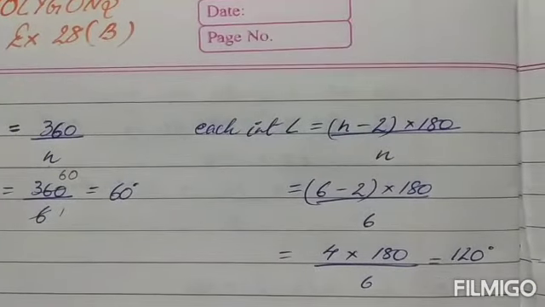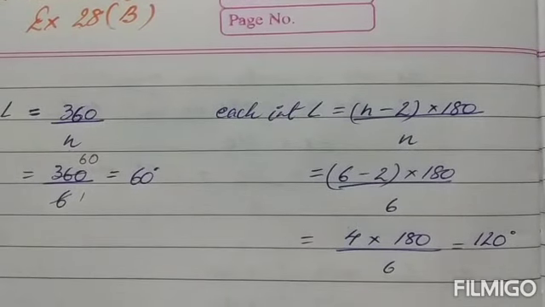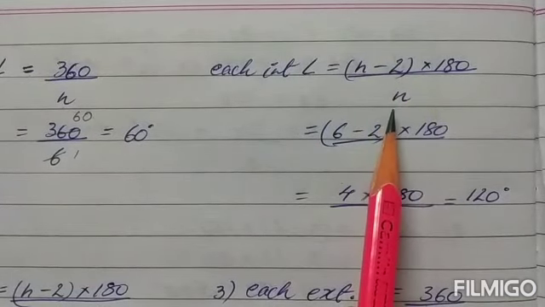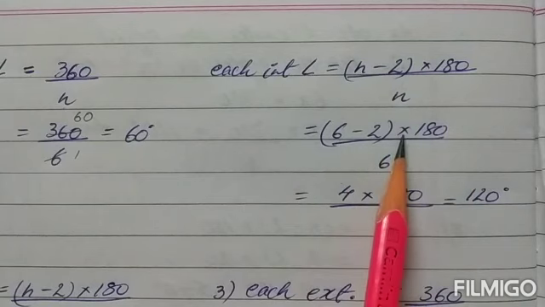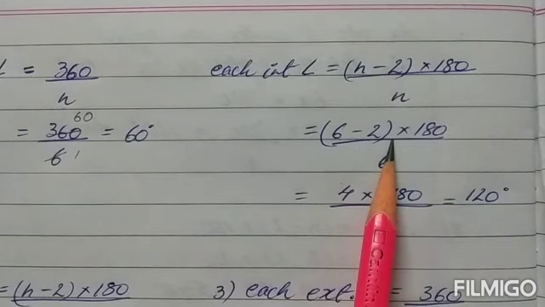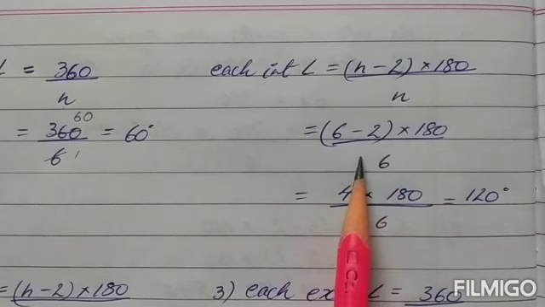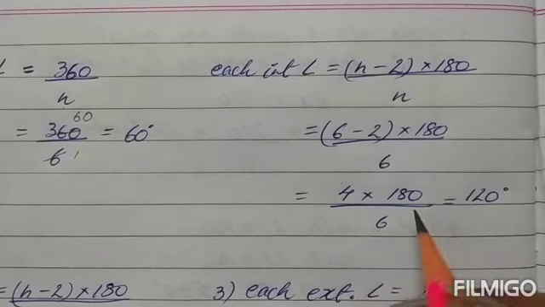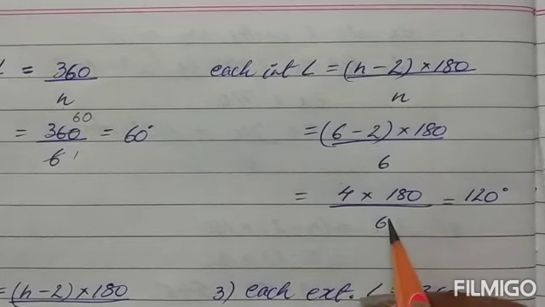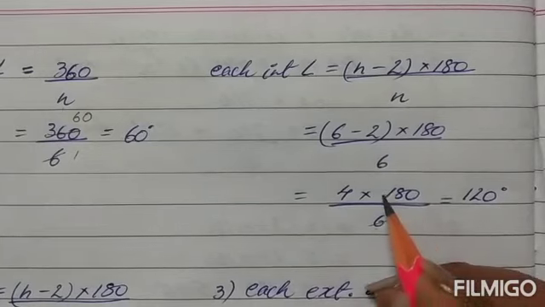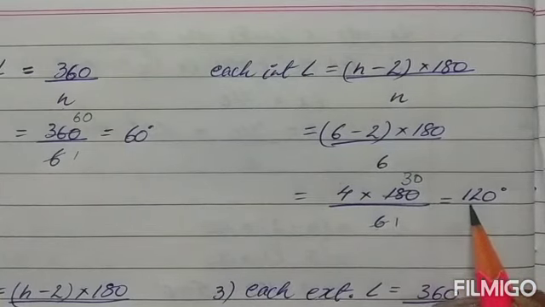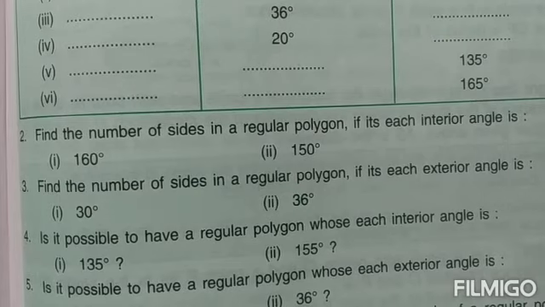Similarly, we can calculate each interior angle also using the formula of the interior angle, that is (n minus 2) into 180 upon n. Now 6 is the number of sides, so (6 minus 2) into 180 upon 6. First solve the bracket, 4 into 180 upon 6. Now children, don't try to multiply this number and then divide it by 6. It will make it a little more difficult. You write them and then first try to reduce it as much as it can be reduced and then start multiplying. So I can reduce this, 6 ones are 6, and this is 3 and 0. Now you can easily multiply, 4 3s are 12 and 0. So 120 is the measure of each interior angle.